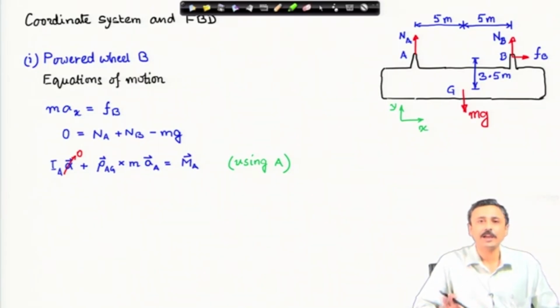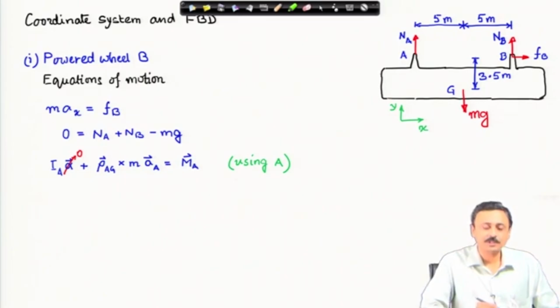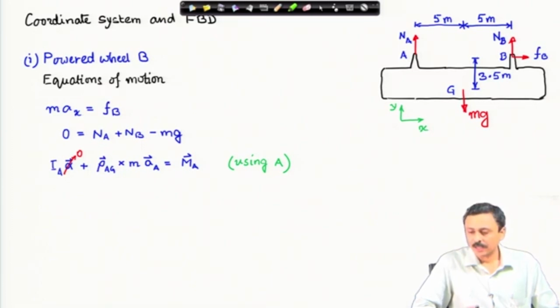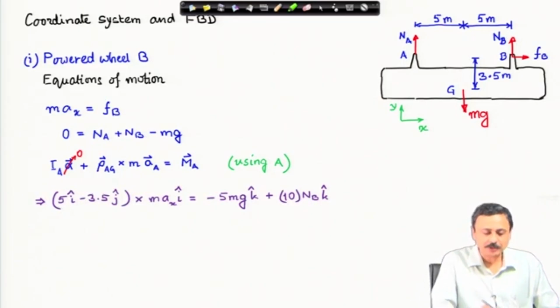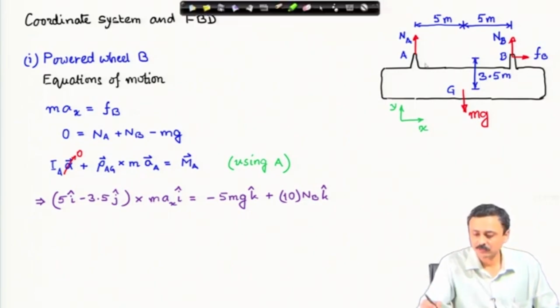Therefore, I have to essentially calculate Fb and Nb, and all these calculations are geared for that. Fb I can calculate from the first equation of translational dynamics, and if I write the rotational dynamics equation about point A, it will not have a moment contribution from Fb, because the moment arm is 0, and then it will involve only Nb, and I can solve for Nb from here. Now, I have to find this vector rho Ag, which is this vector,